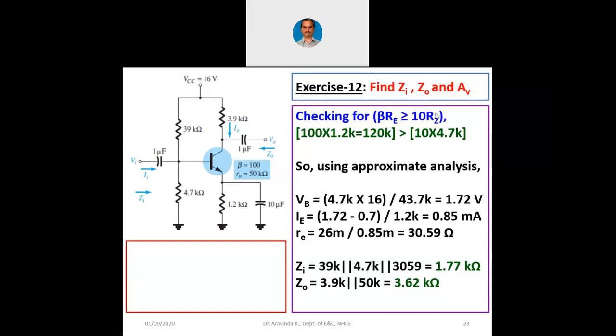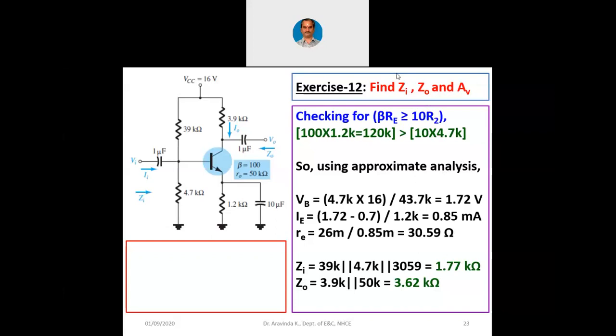Now, what is AV? AV is RC parallel with R0 divided by re. That RC parallel with R0 is already there as Z0 here. So, voltage gain is nothing but 3.62K divided by small re. Small re is 30.59. So,